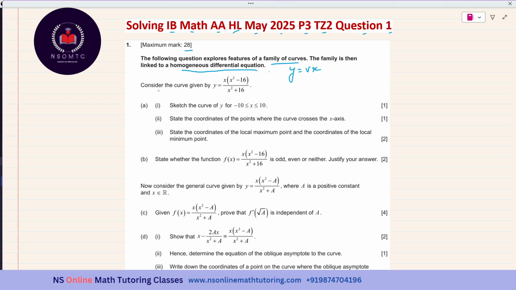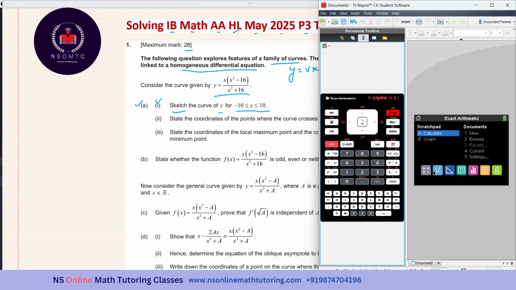Consider the curve given by y equal to x times x square minus 16 over x square plus 16. Subpart A has 3 further subparts. The first subpart i is asking for a sketch of the curve of y for x values greater than or equal to negative 10 but less than or equal to positive 10, and it is carrying just a single mark. Okay, so we can use the calculator,